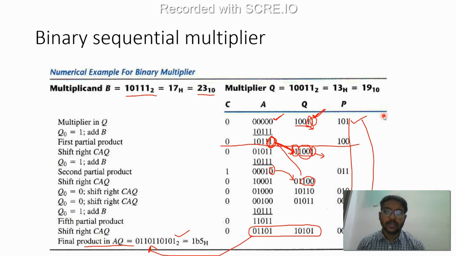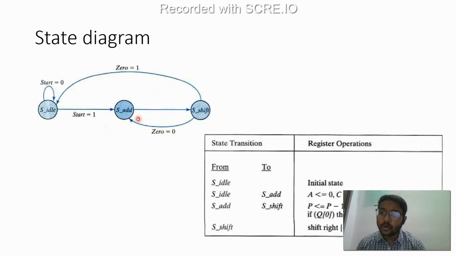So what I can tell you is you need only two states. One state is the addition state and the other state is the shifting state, and the other one is the idle state. It is just the start of this. So in this state diagram you just need two states. Okay,